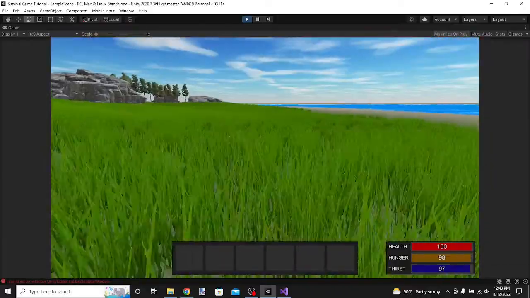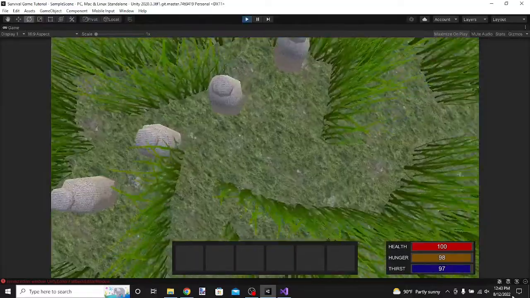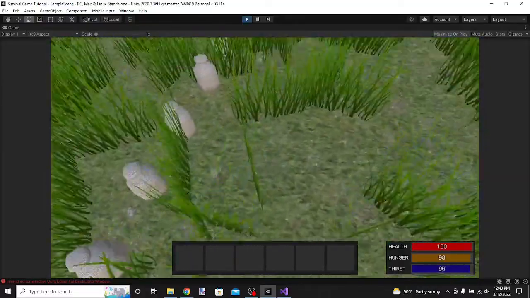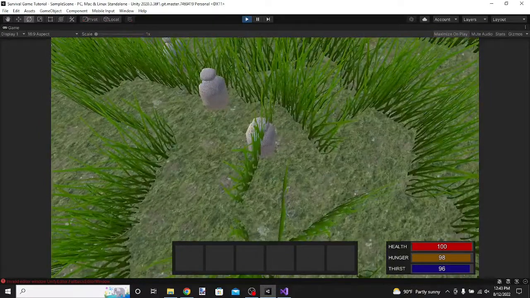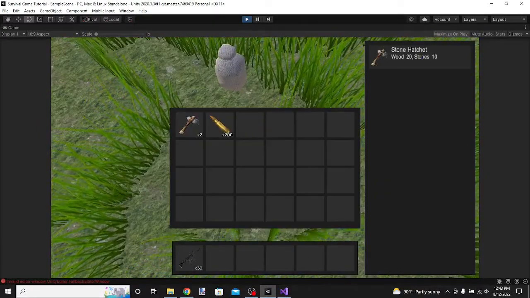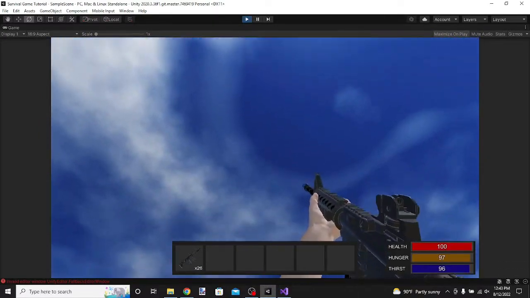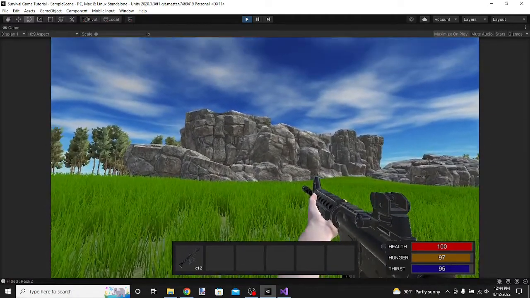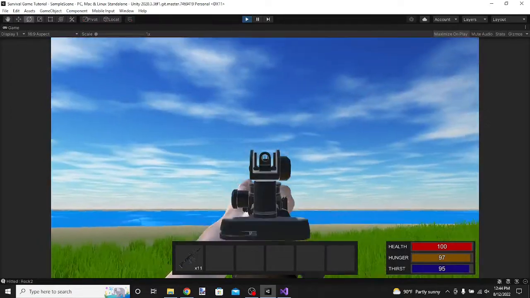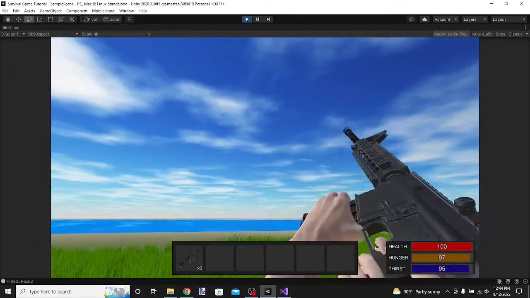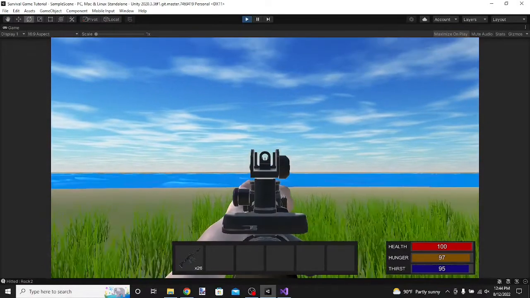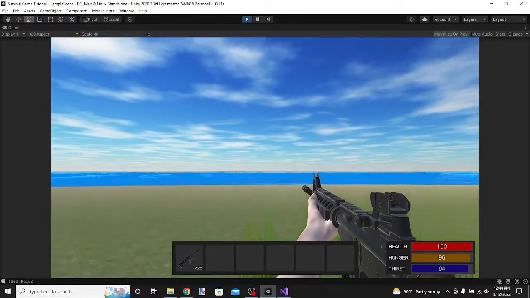Although I'm still thinking whether to do footsteps in a separate video. So what we're going to do is make it so right now when we shoot, see I'm shooting but it doesn't really feel like we're shooting. We're gonna make it so our screen shakes every time we shoot, and it's gonna give it more of that